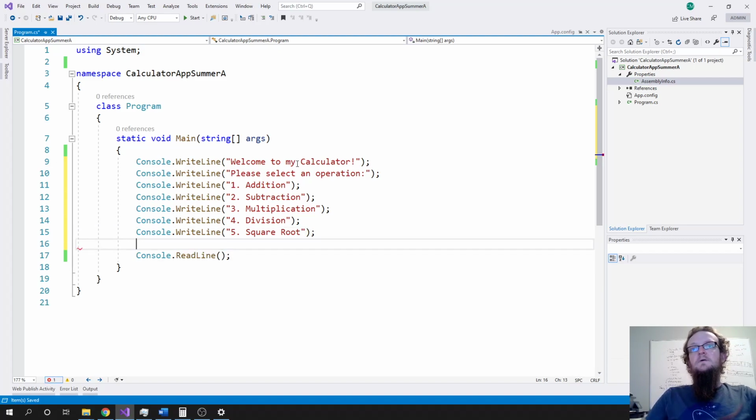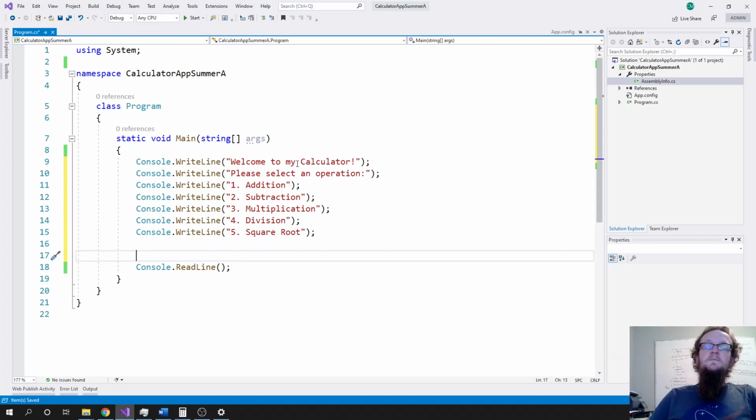Okay, so that's quite a lot of Console.WriteLine statements. The first thing we're going to talk about is string interpolation, which makes this a little bit easier of a situation. So you obviously could just use the \n character